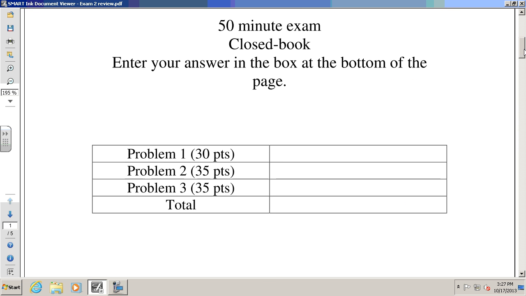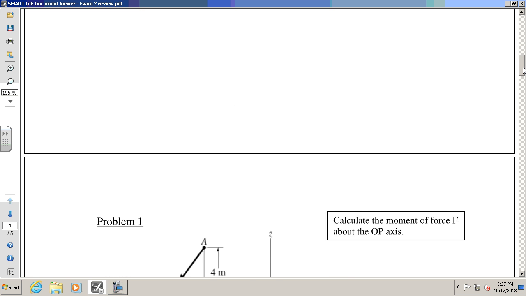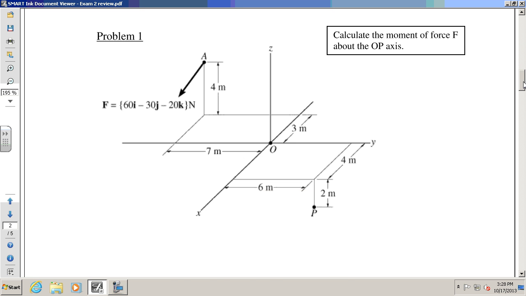So, okay, this is just kind of an example exam. I've got 3 problems. Okay, this doesn't cover everything. These examples don't cover everything. You definitely need to study those things that I gave you on that first page. Okay. So in this first problem, it says calculate the moment of force F about the OP axis, okay? The OP axis